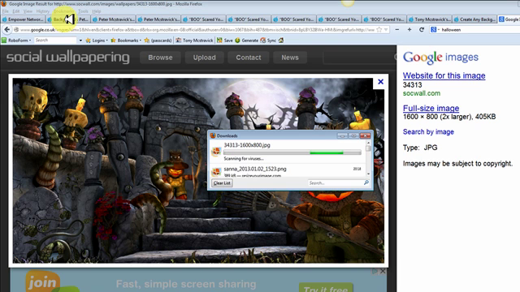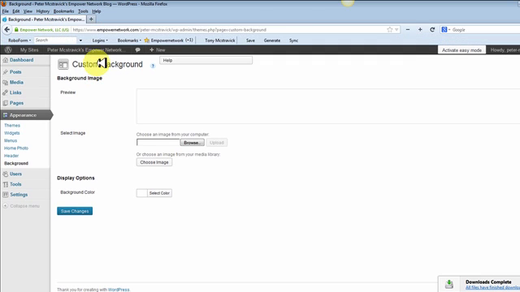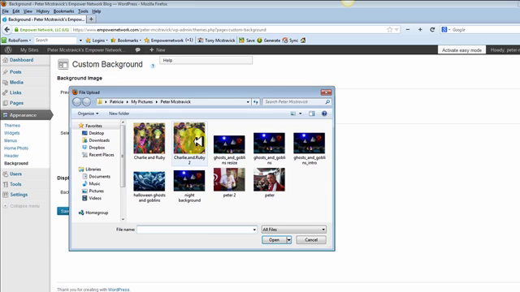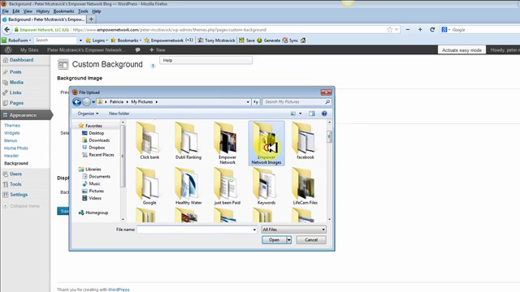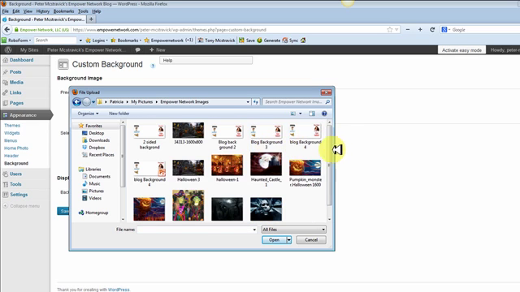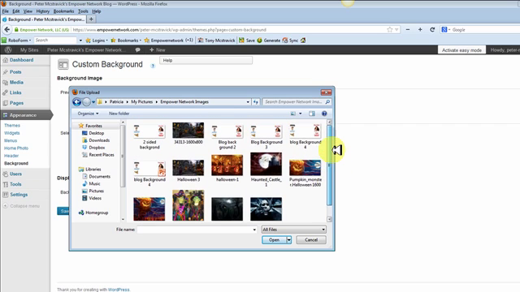Now that that's downloading, we're going to go back to the WordPress dashboard again, and remember I said we need to click on browse to find the image that we want on our computer. So if we browse, we want to find Empower Network images. There we go. Click on the folder, and then you want to take whatever respective image